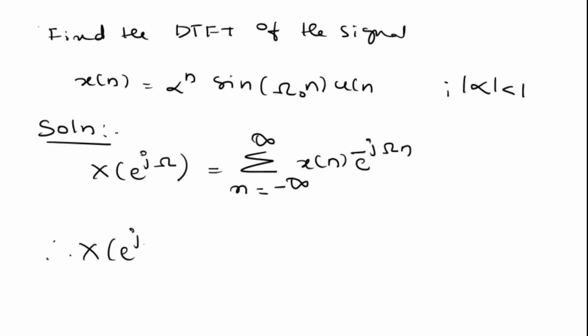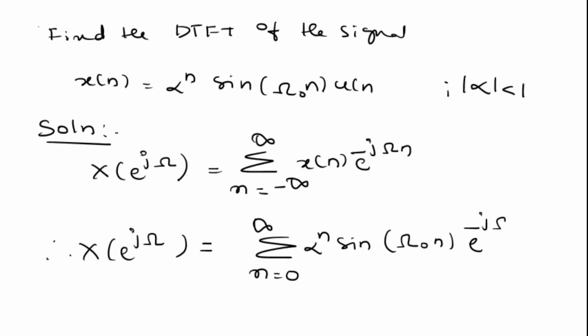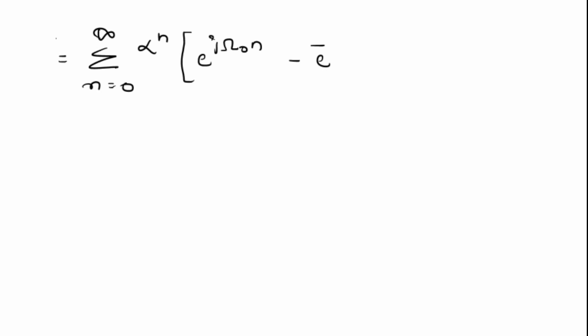Therefore, X of e power j omega is equal to summation n is equal to 0 to infinity alpha to the power n sin of omega naught n into e power minus j omega n, which is equal to summation n is equal to 0 to infinity alpha to the power n into e power j omega naught n minus e power minus j omega naught n divided by 2j into e power minus j omega n,